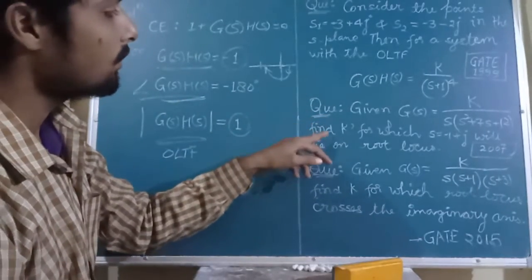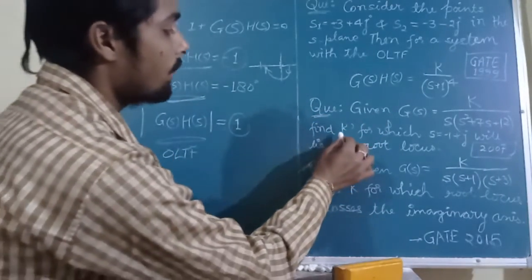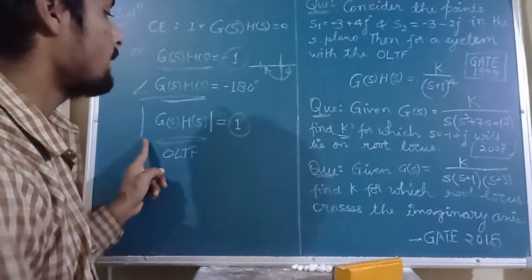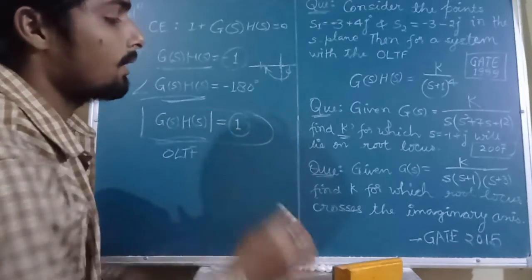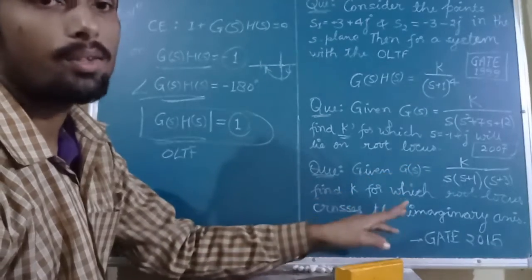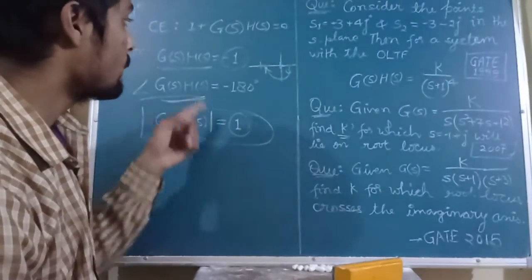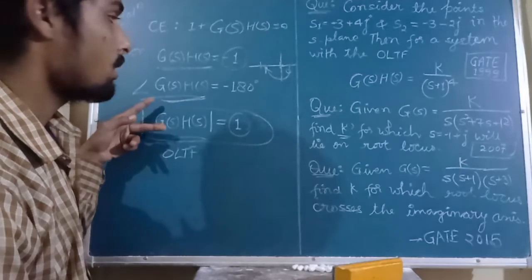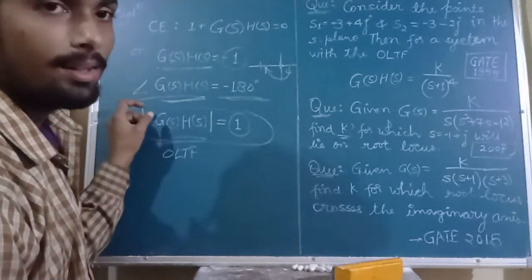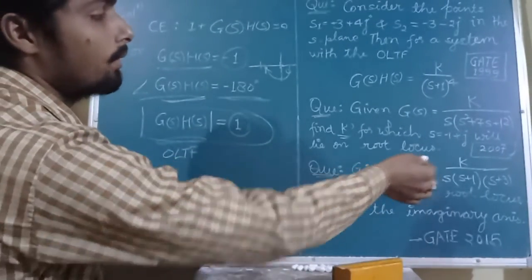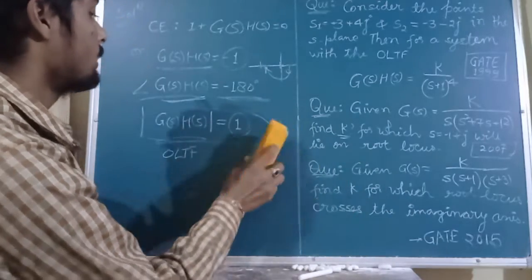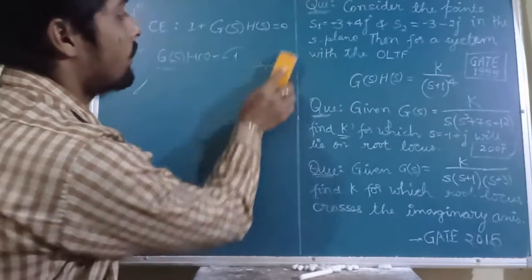On the second question, we have to find out the value of k, right? Hence we will use the second concept, that is using magnitude. In the third question, either you can solve this question using Routh-Hurwitz criteria. Still we will use all the 2 concepts, both the concepts. First concept will be used to find the frequency, and that frequency will help us to calculate the value of k. I know that you have read the question. Now let us solve one by one each question.